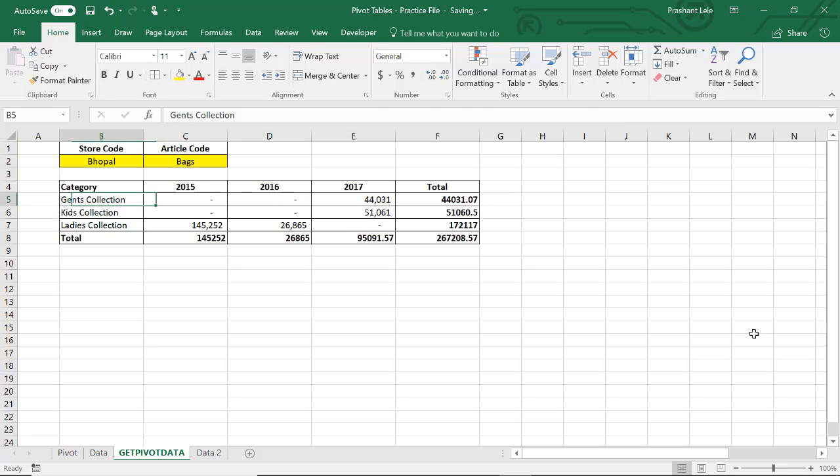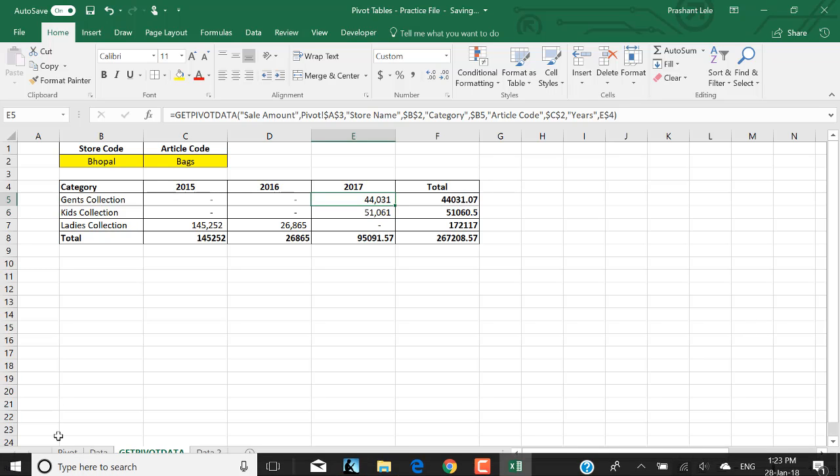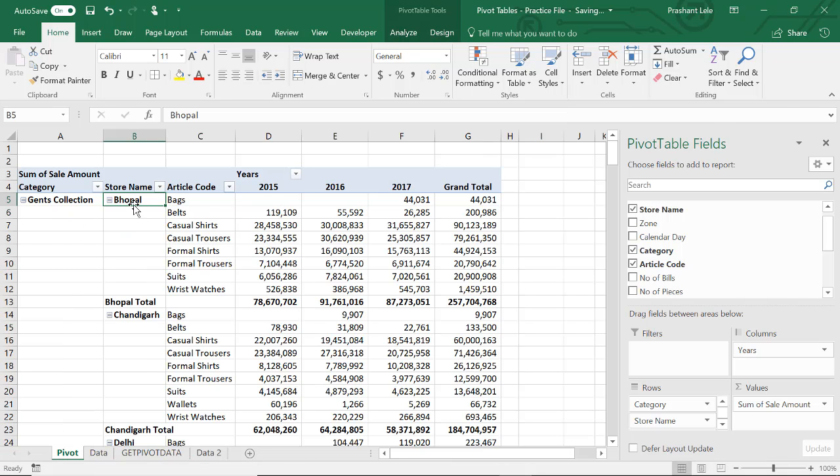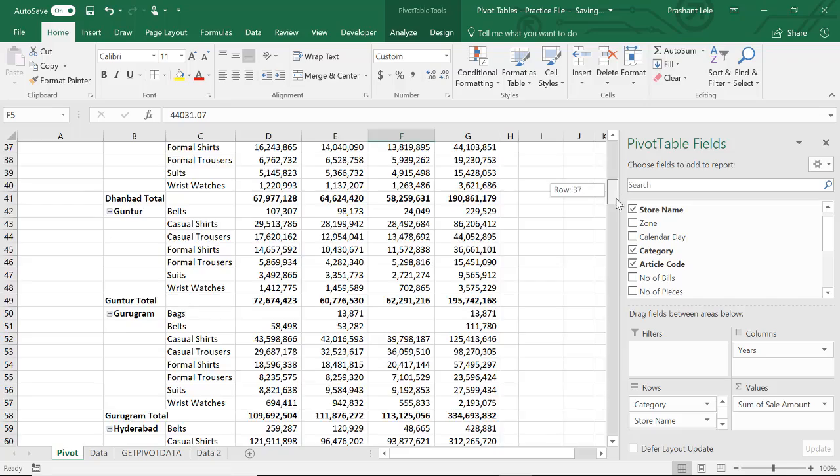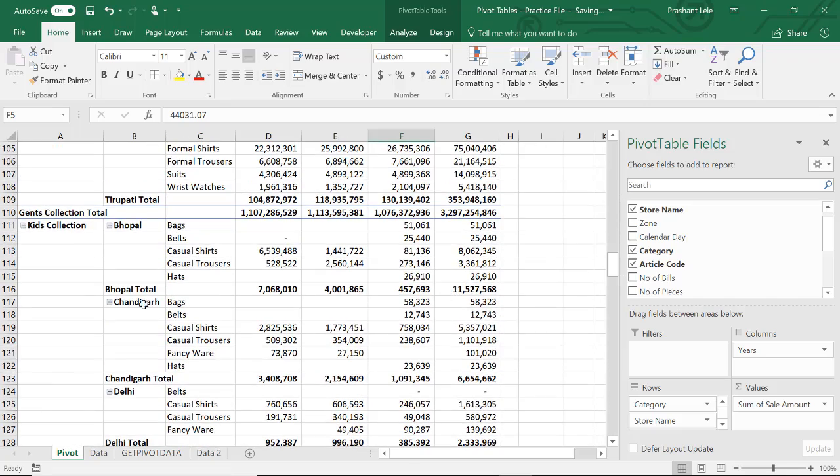Wow, see, for gents collection in Bhopal store, for bags there is nothing in 2015 and 2016, but there is a sale in 2017. You can go back to your pivot table and check this. See, there is nothing in 15-16, but there is a sale in 2017. Then if you scroll down, for kids collection 51061,